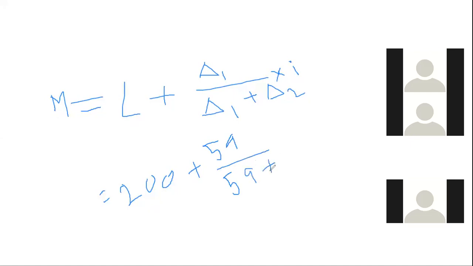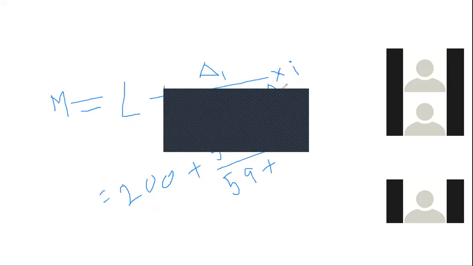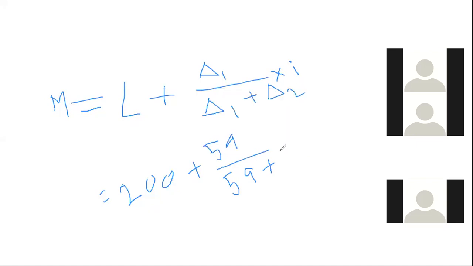59 plus delta 2. How much is delta 2? That is the absolute difference between the simple frequency of the distribution and its succeeding. So what is the difference? 150 minus 87 is 63. So into I, that is called class interval. How much is the class interval here? The interval is the difference between these two values, 50.